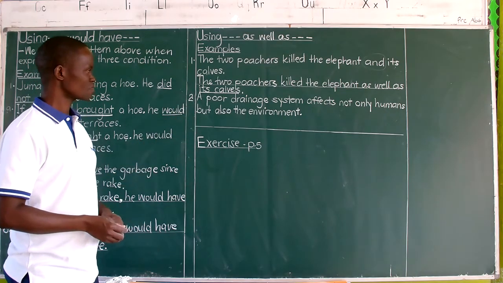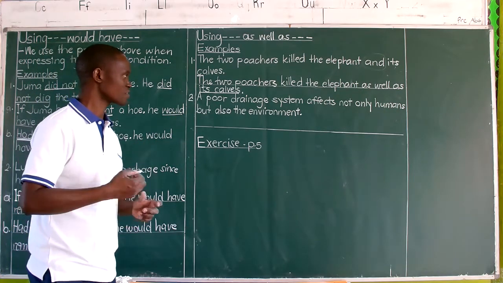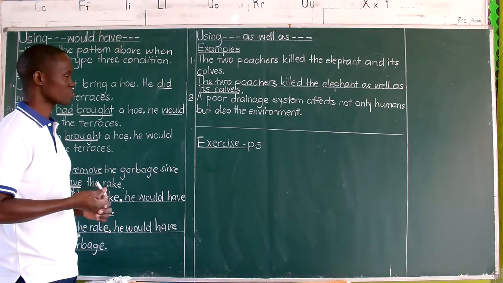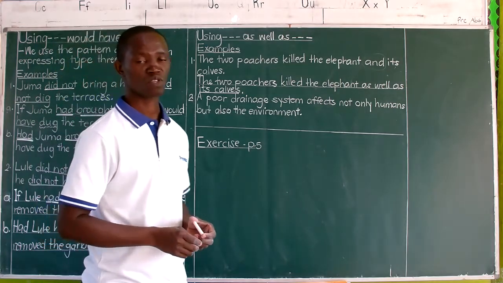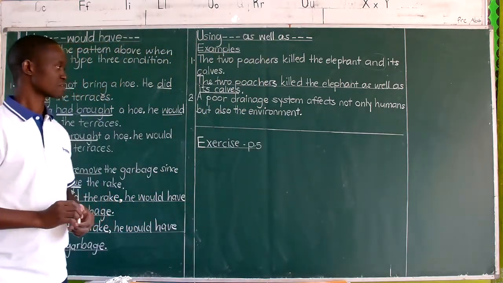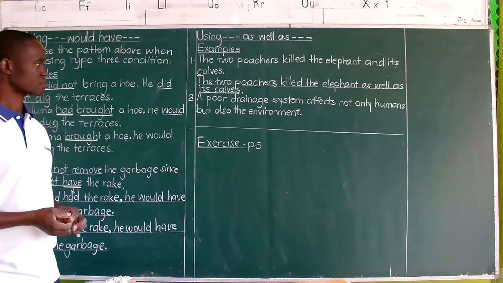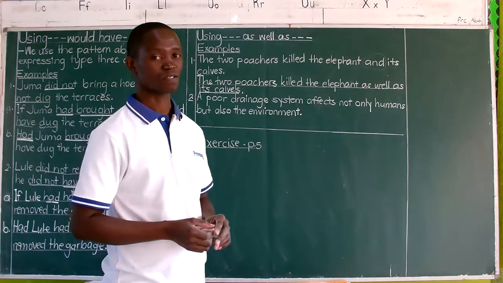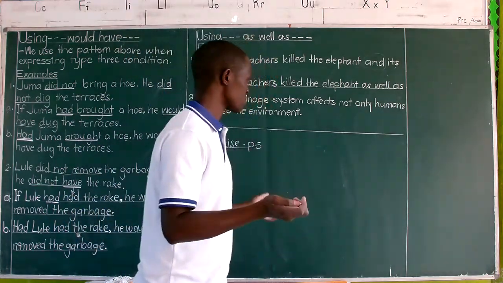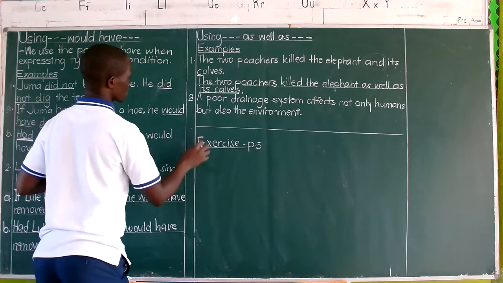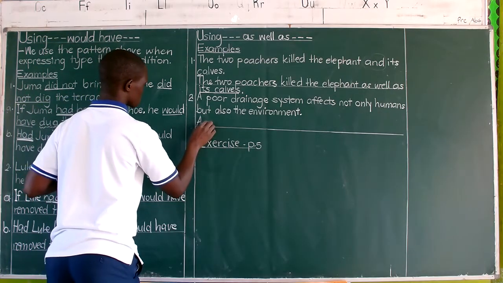A poor drainage system affects not only humans but also the environment. Use as well as. When you use as well as, we don't need these words, not only but also. They will not be needed in our answer. So your answer will be